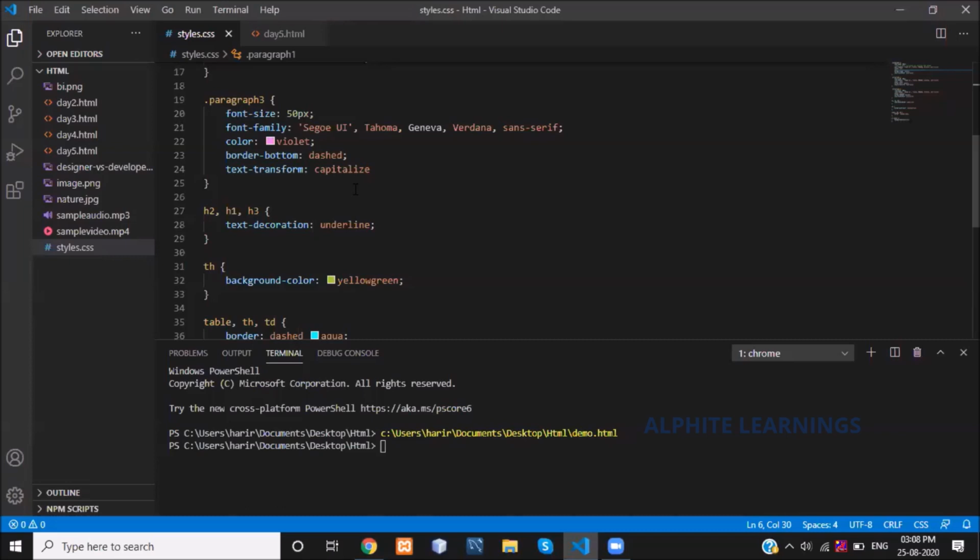Then the last one we have discussed is how to give the border for the table, the table headers and table data. We have mentioned the borders and changed the color of the borders.